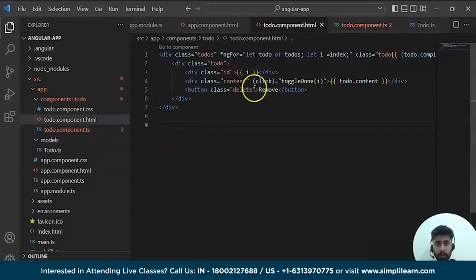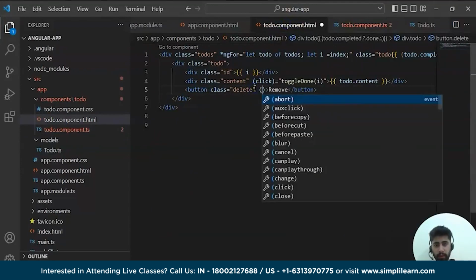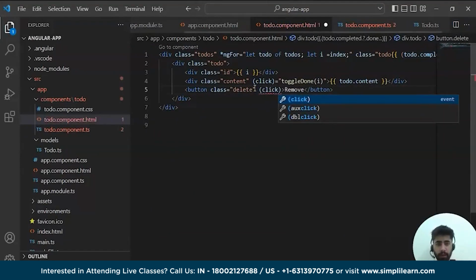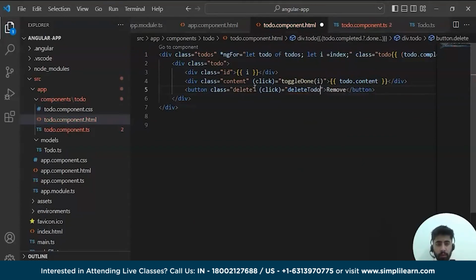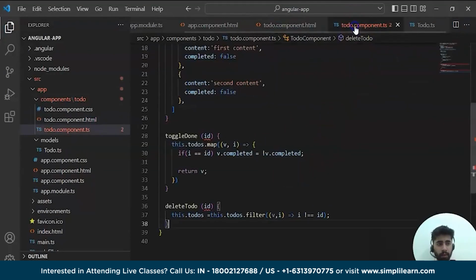Going back to our code. After this, we'll write click. Whenever we click, it will call deleteTodo, and inside this, we'll pass index. Save this. Coming back to our component,